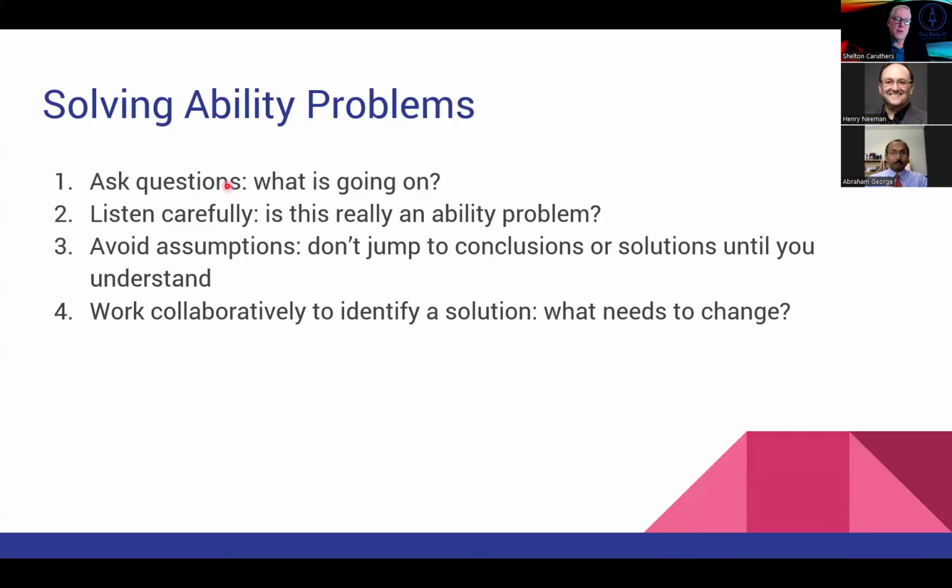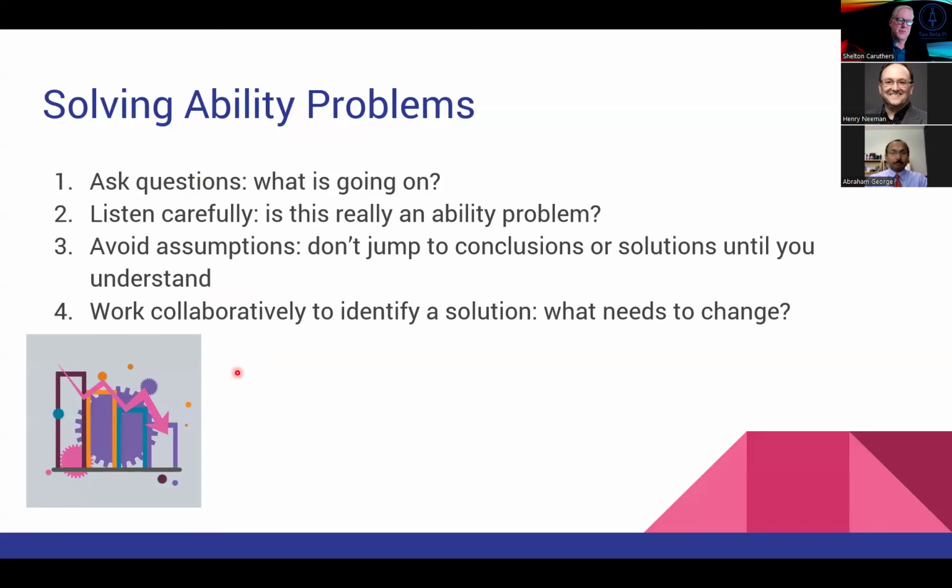But once you have all of the right information, work collaboratively with the team or the other person to identify a solution. What exactly needs to change in order to go from I can't do it to I now can do it? Again, with the widget example, if it was lack of resources, we need to buy more materials or get our suppliers to bring things faster. If we need safety gear, we buy the safety gear.